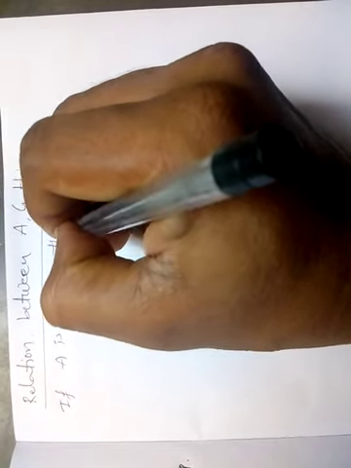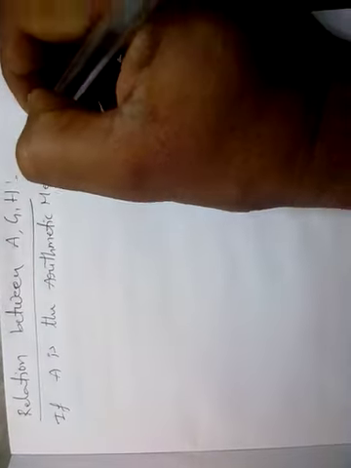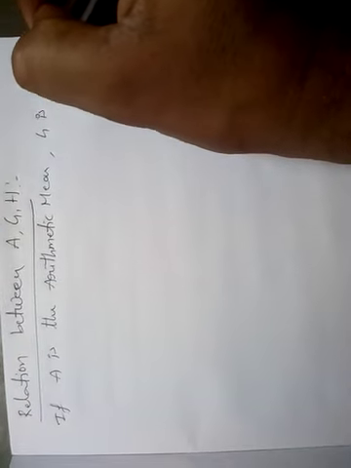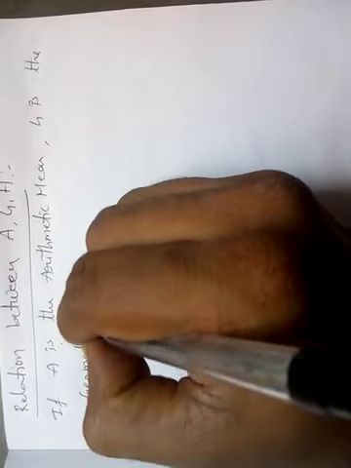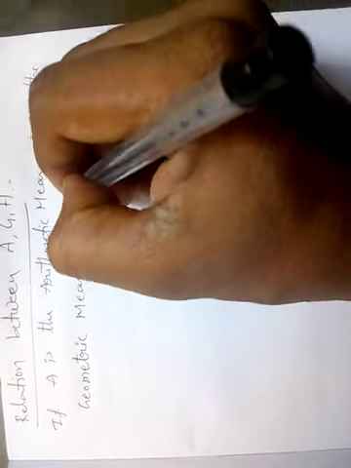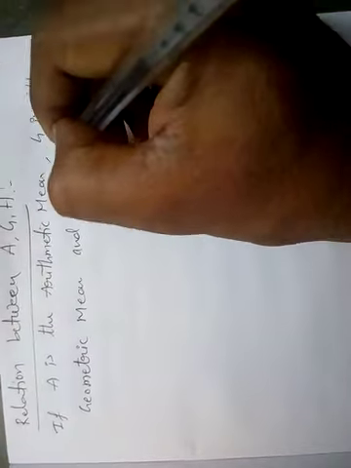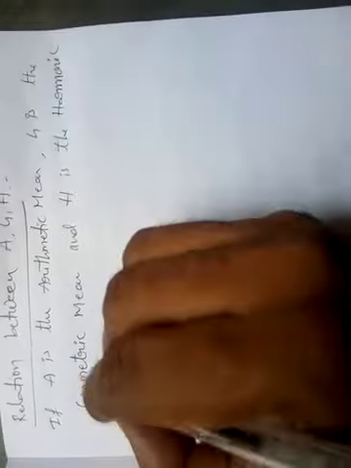If A is the arithmetic mean, G is the geometric mean, and H is the harmonic mean